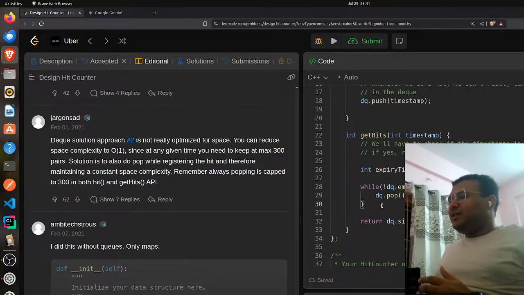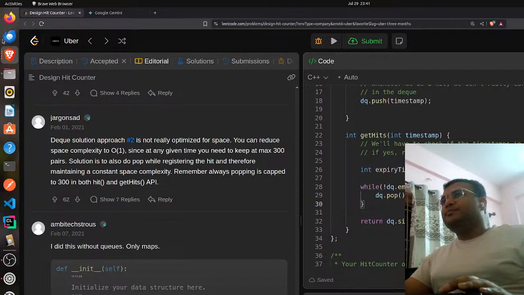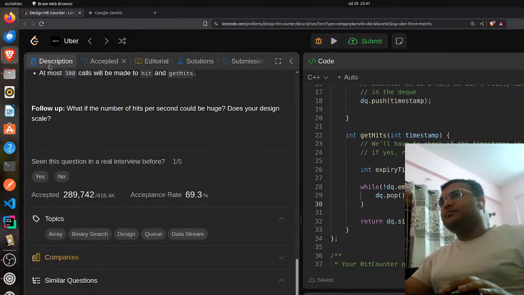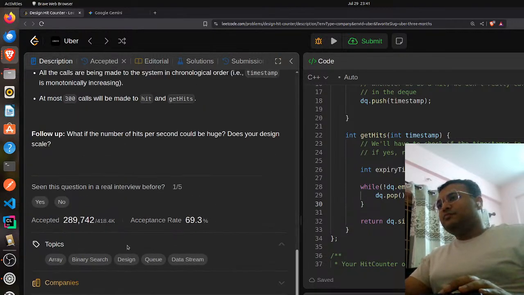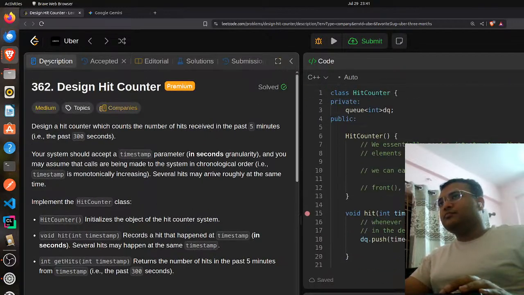But anyway, to do that also, I have to traverse and subtract the total. Okay, nice question from